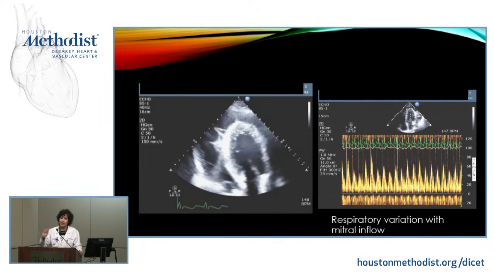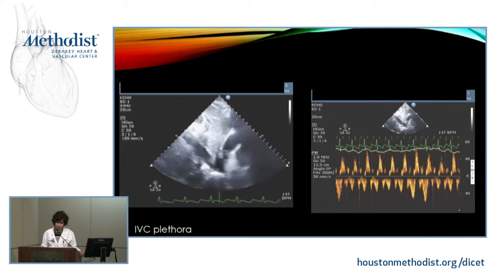When we measure the peak E velocity at the tip of the mitral leaflets, we want to see that with inspiration, there is a 25% decrease in the peak E velocity to meet the criteria of increased pericardial pressures. On the right side, which I don't have here, you want a variation of more than 40% for it to be significant. So with inspiration, you will have an increase in peak E velocity across the tricuspid valve,